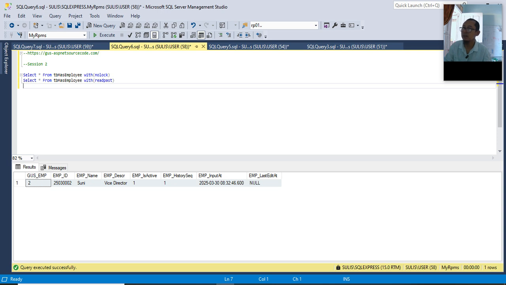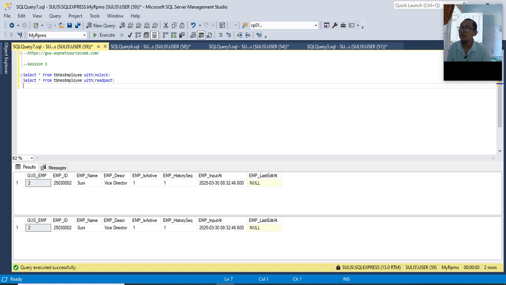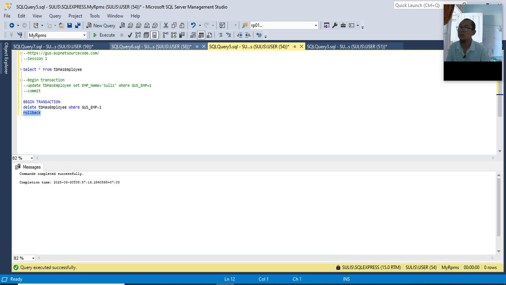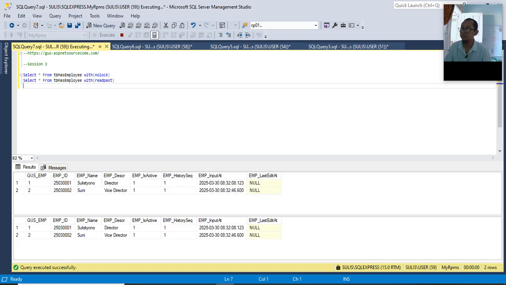With no lock and read past, the result is the same, because data number 1 is not displayed since it is being processed. It is under deletion. Now let's roll back. Data will go back to the state before the deletion.